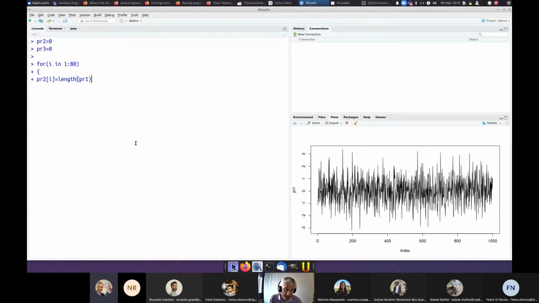How can I count them? Through the instruction length that I should apply to PR1, but I need to give a condition. So it shouldn't compute the length of PR1 overall, which is 1000, I already know it. It should compute the length of PR1 within each interval. So let me give the condition. And the condition is such that